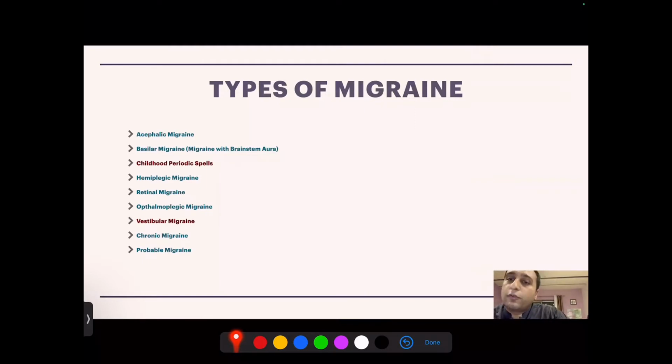These are the basic few types of migraines. When you go into details, acephalic migraine is a migraine in which only the aura happens and the headache does not happen. Other symptoms of migraine happen. Basilar migraine, migraine with brainstem aura, it's now called. It is happening when brainstem symptoms, including slurred speech or scanning speech or weakness or loss of sensation, occur before the migraine and even during migraine as well. Some childhood periodic spells, including children who vomit a lot, or sometimes children with torticollis or dystonia, you find out that they are actually having migraine. So many a time children complain of abdominal pain, and sometimes they complain of